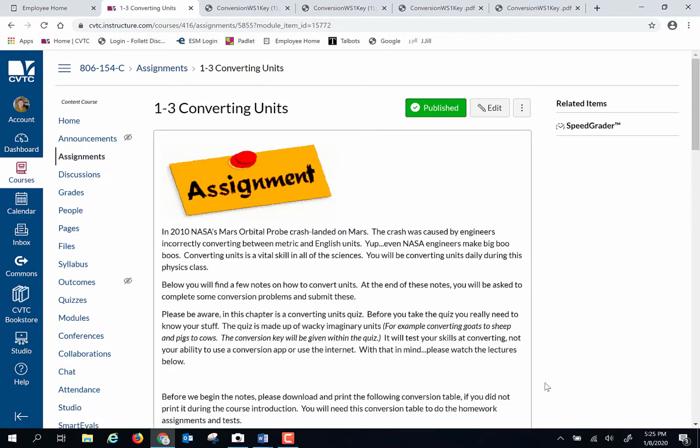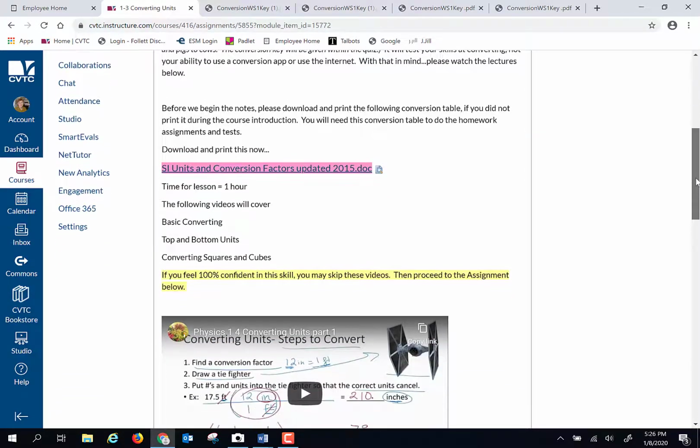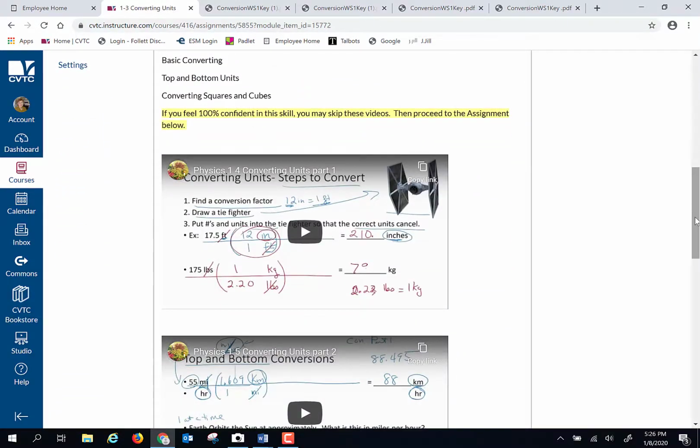Besides the study guide, there is also typically every chapter a mathematical assignment. Now, for the very first chapter, the mathematical assignment is all going to be about converting units. Again, this may totally be review if you have had an awful lot of math classes recently. When I say converting units, I mean pounds to kilograms, miles per hour to kilometers per hour, that kind of